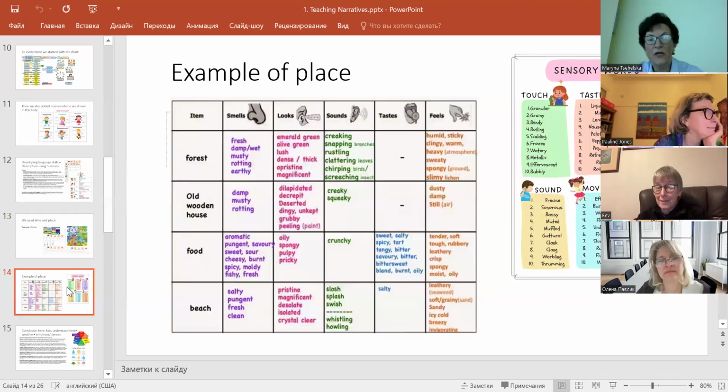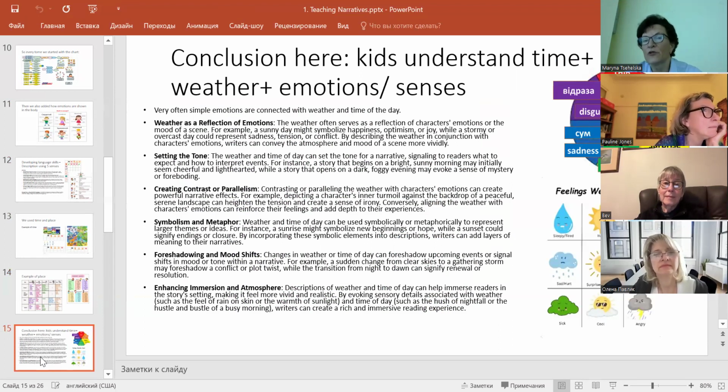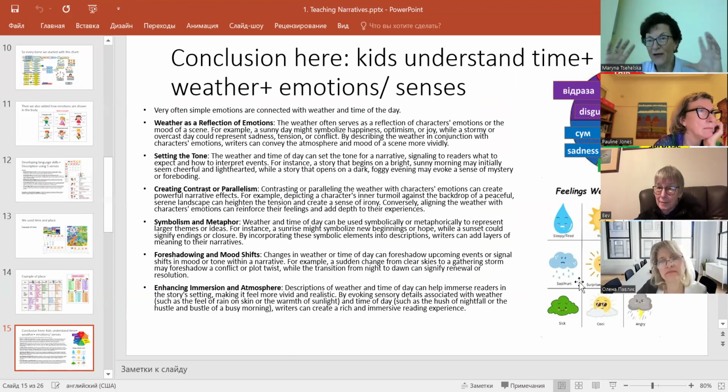fun. So then we talked about places plus senses, also fine, but you don't know how to use it. And finally, we found out that it works really well with 5 senses plus emotions plus weather, because weather often creates the overall mood of the story. So we started playing with weather and asking them what emotions they have, and it was step number 1 to show, don't tell language,